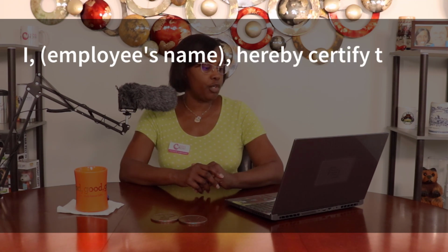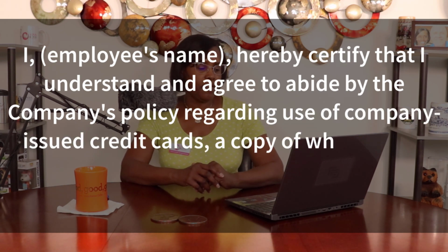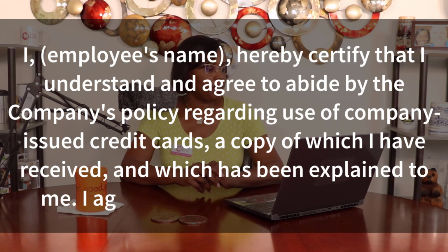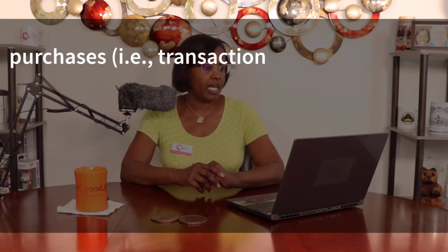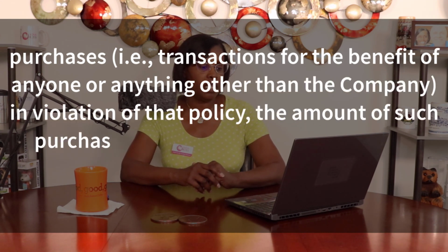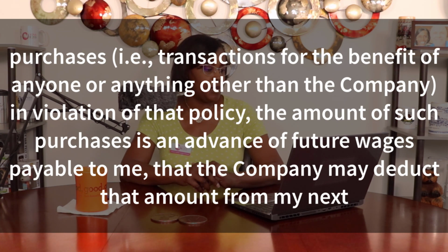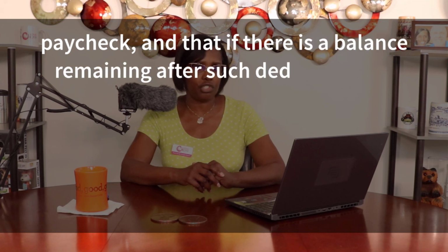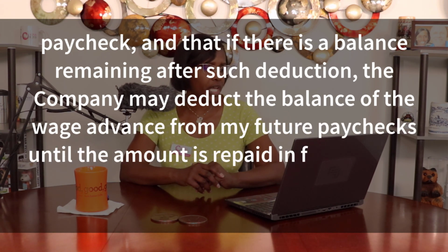I, insert employee's name, hereby certify that I understand and agree to abide by the company's policy regarding the use of company-issued credit cards, a copy of which I have received and which has been explained to me. I agree that if I make any personal purchases, i.e., transactions for the benefit of anyone or anything other than the company, in violation of that policy, the amount of such purchases is an advance of future wages payable to me, that the company may deduct that amount from my next paycheck, and that if there is a balance remaining after such deduction, the company may deduct the balance of the wage advance from my future paychecks until the amount